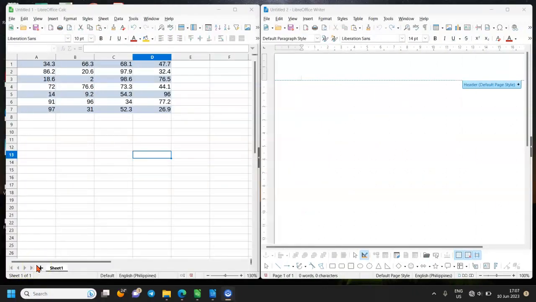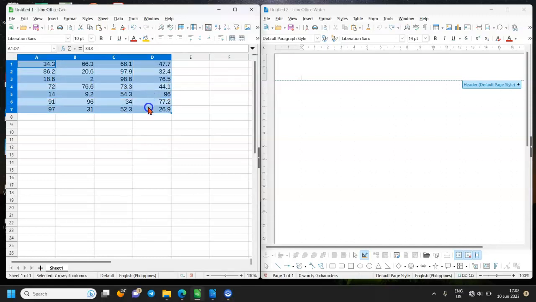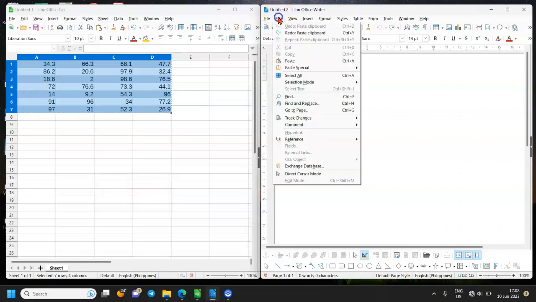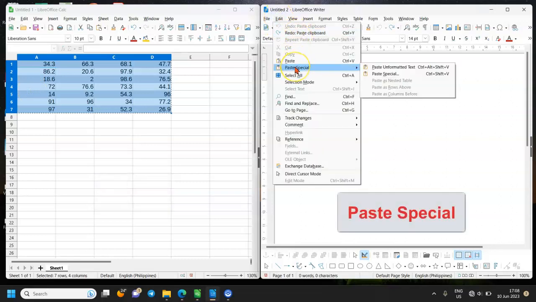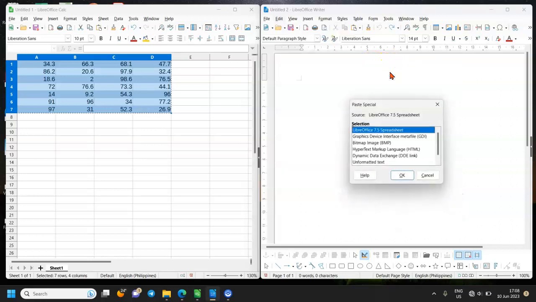Now we'll try to copy the table together with the formatting. We select the table again, we press Ctrl C, we go to the Writer side, and then we go to Edit, and now we select Paste Special. And in Paste Special, we select Hypertext Markup Language, HTML.